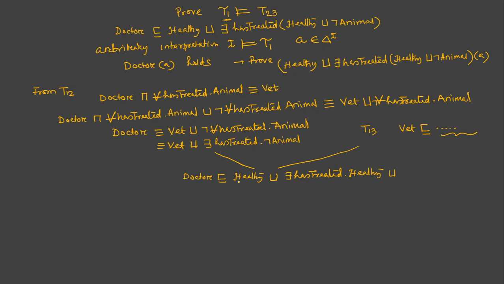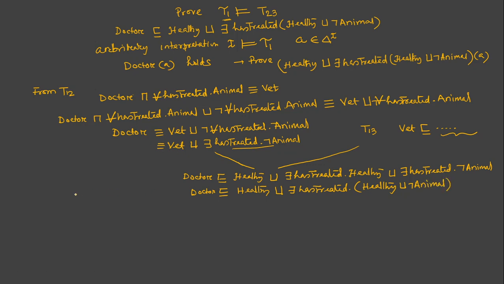So here, this is the second right hand side of T1. So we have done that. Then what we have? We have this part left, right? So there exists has treated not of animal, right? Now if we try to make this simplified, so this doctor will be a subclass of healthy union. We can now simplify this to say has treated healthy union not of animal,